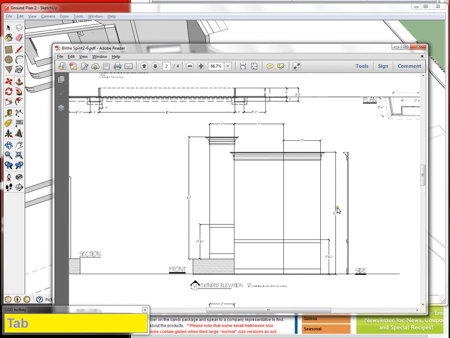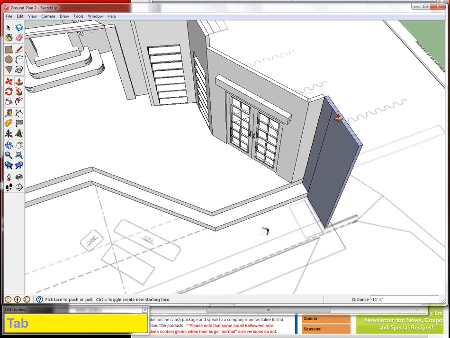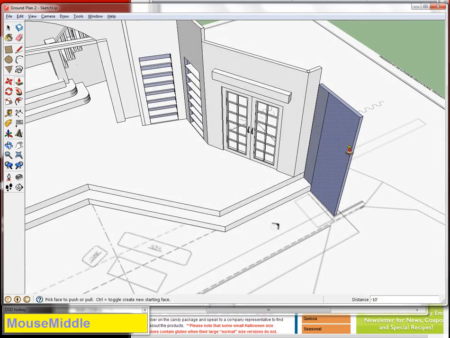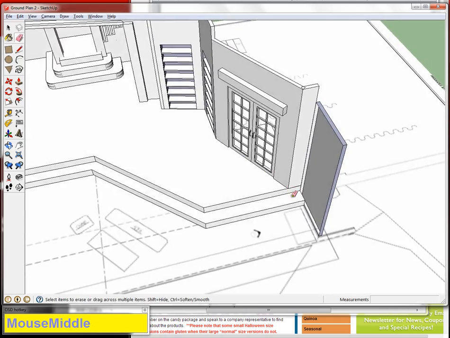They're supposed to be 10 feet, but not on the platform of 10 feet. So I'm going to undo that and then pull them up 10 feet. Okay? I'm going to go ahead and grab the eraser tool and heal this surface, and the reason it needs that line is because of the step. And then I'm going to grab the line tool and